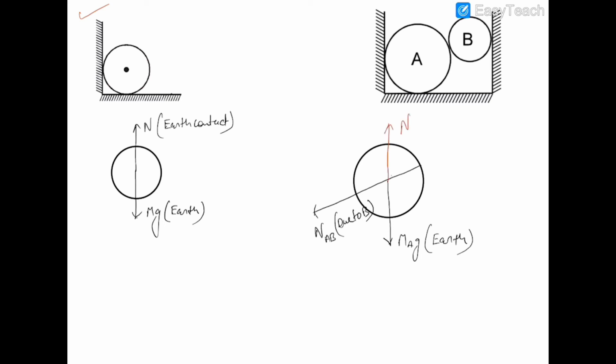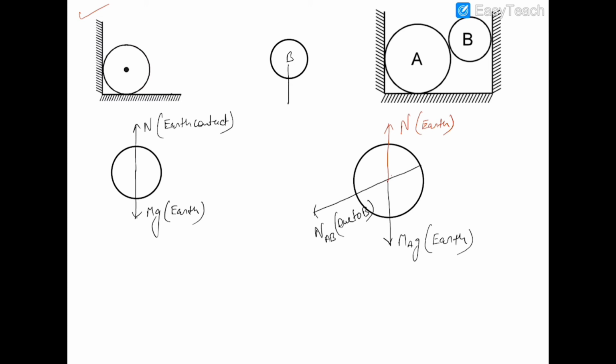This is the normal reaction due to earth contact. I'm assuming this bottom surface in all the cases to be earth contact. So this is the 3-force free body diagram of ball A, and similarly if I draw the free body diagram of ball B,